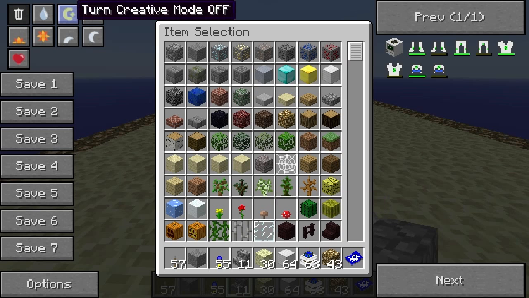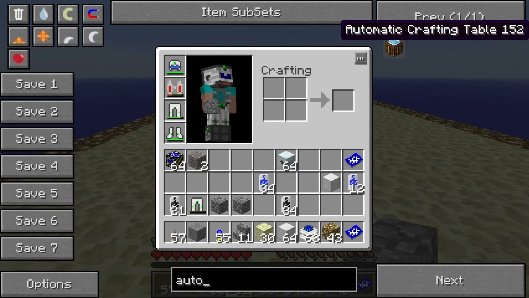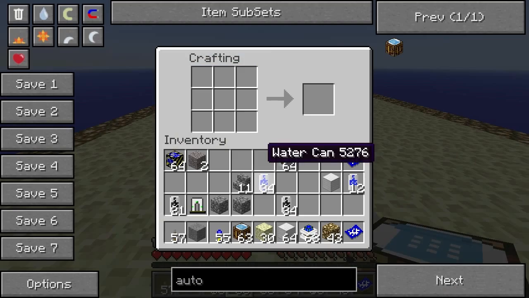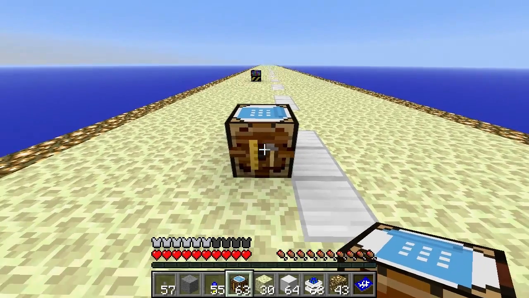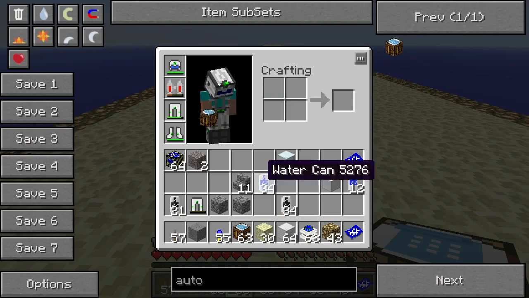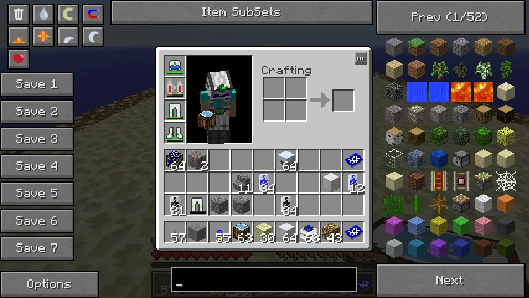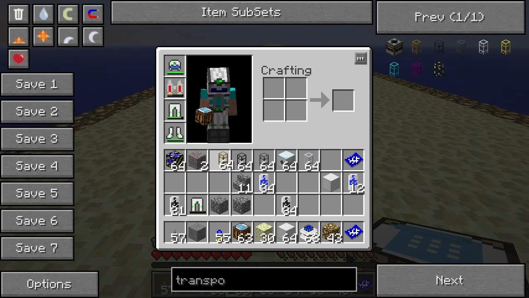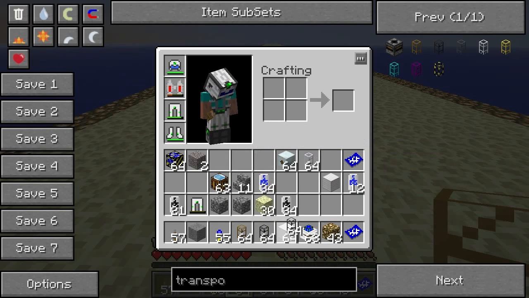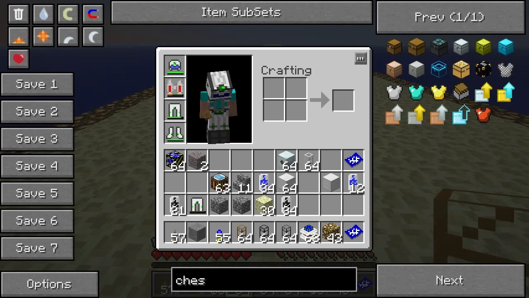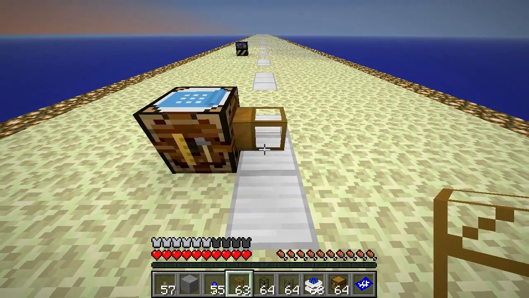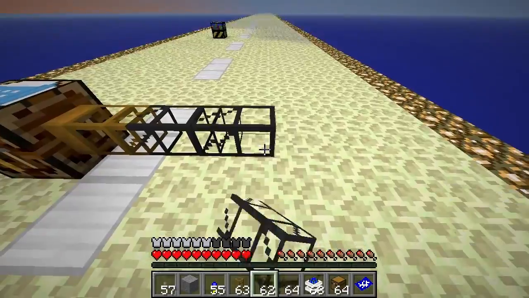So yeah, I did actually say that I was going to do something with these tables. So let's just look at the auto crafting table again. What I want to do basically is see what kind of blocks are going to be, okay. So let's take some pipes as well. Let's take a chest. I'm just curious at this stage to see